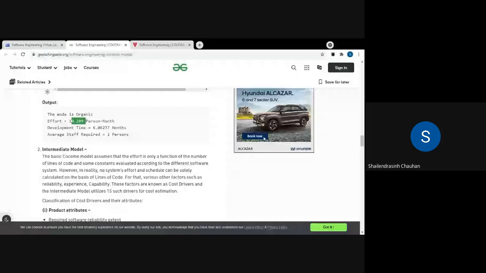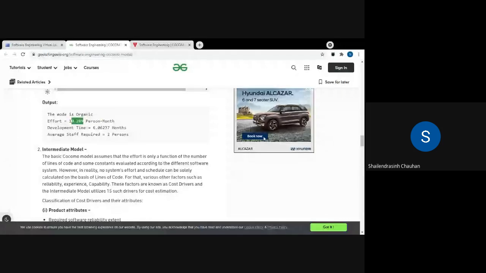So effort is given in person-months. That means one person is going to work for 10.289 months on this project. Or you can say that if you want to complete this project with one person, one person will require 10.289 months. That is the effort.